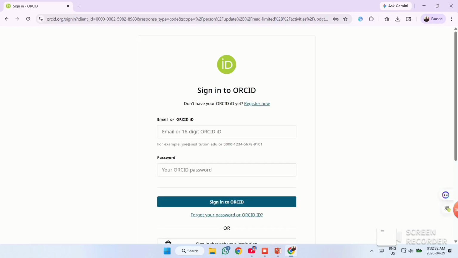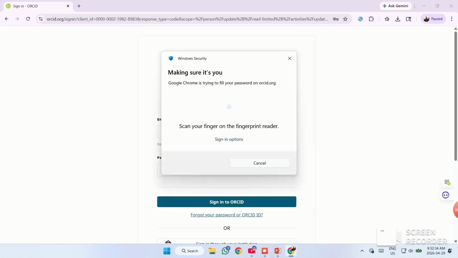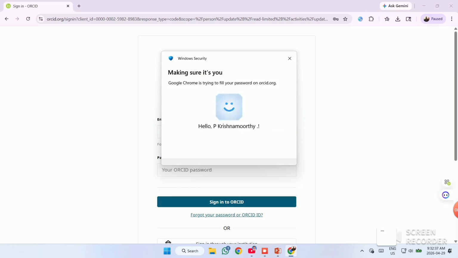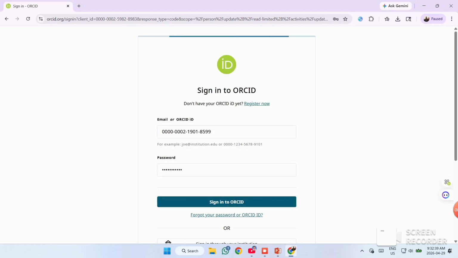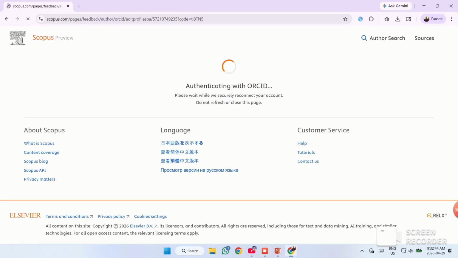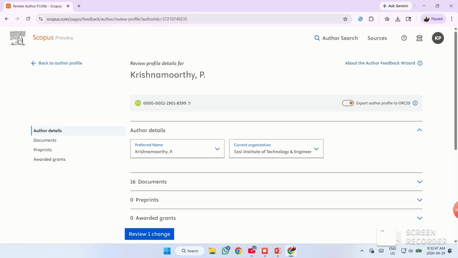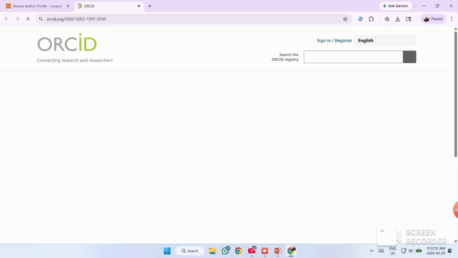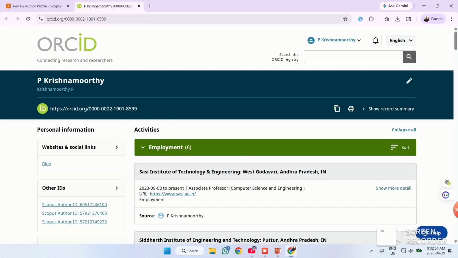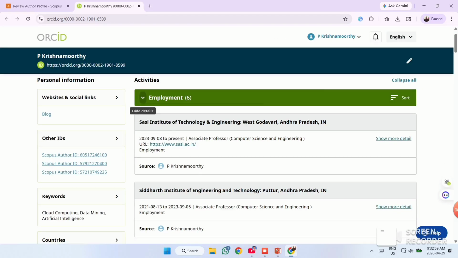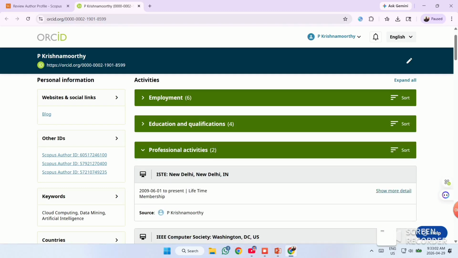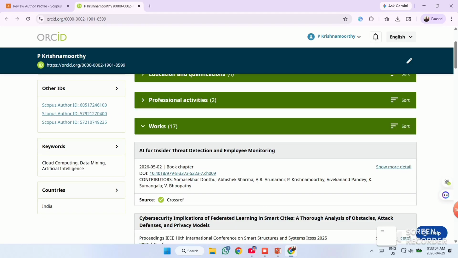You can go back and check, suppose a particular author worked in another organization earlier. There is another database called ORCID. In that ORCID also, all these papers are listed. You can give the authentication so that Scopus and ORCID will be linked together. Whatever paper is listed in ORCID will appear in Scopus also, if it is indexed. That is also one way to update and keep both databases synchronized.